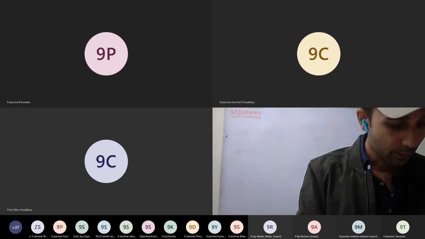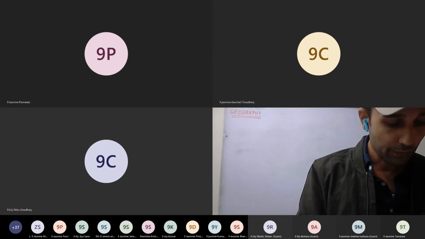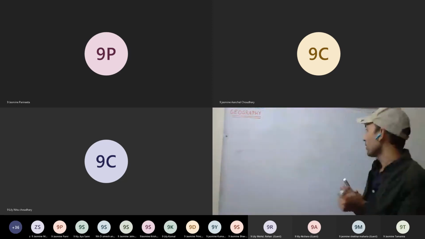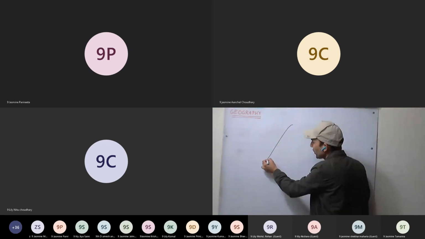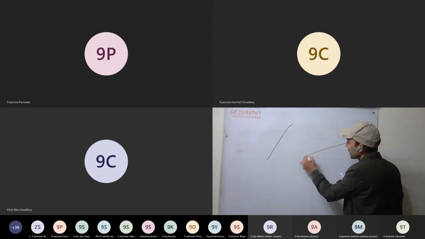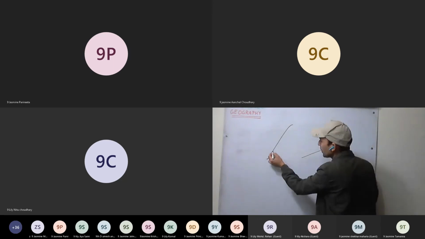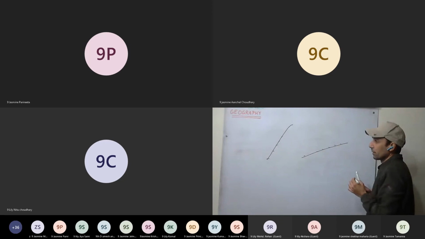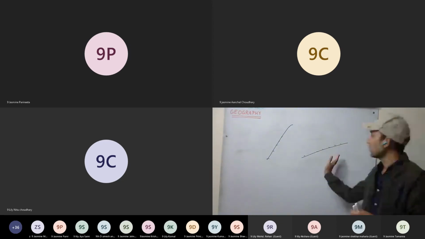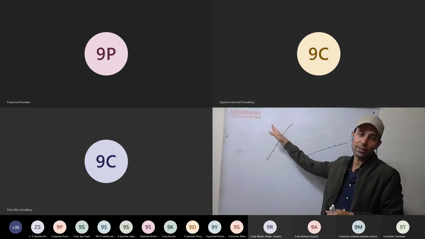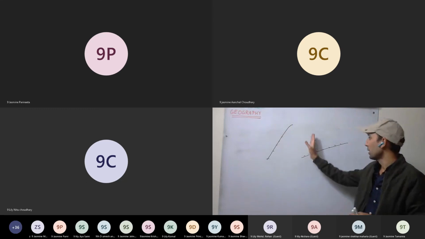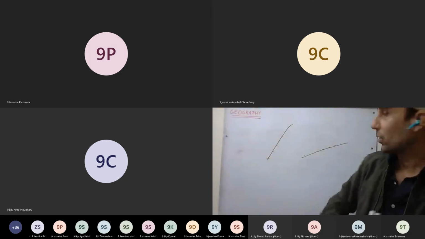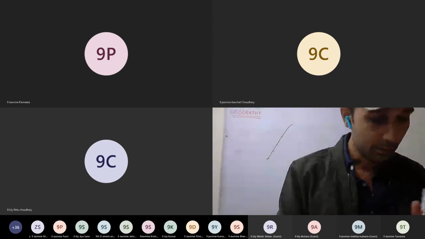Okay, explain with the help of a diagram how the slope of the land affects the temperature. The slope of the land we have already discussed. If it is a very steep slope, the temperature variation will be large. If it is a very gentle slope, the temperature variation will be less. So the steeper the slope, the more variation in the temperature. The more gentle the slope, the less variation in the temperature. That you can write, and you can draw the diagrams as well.